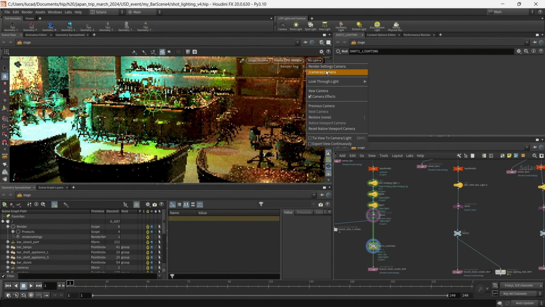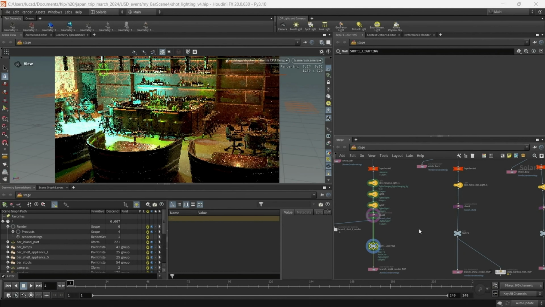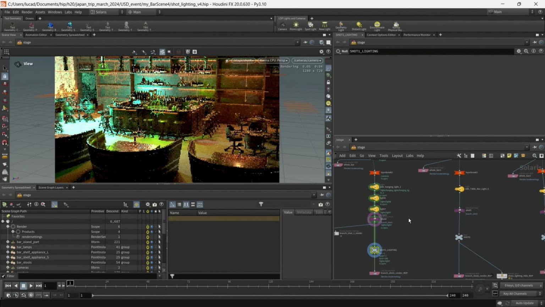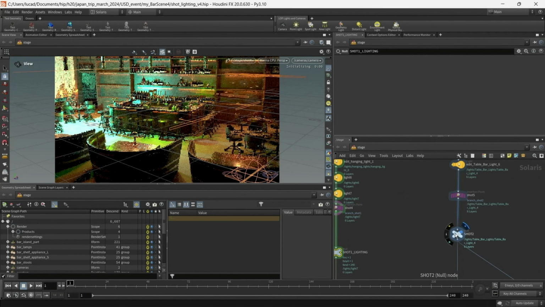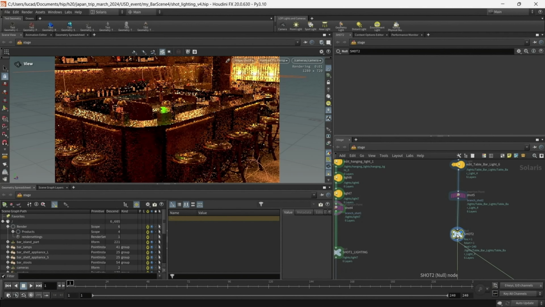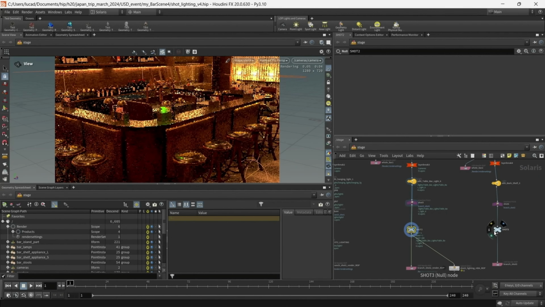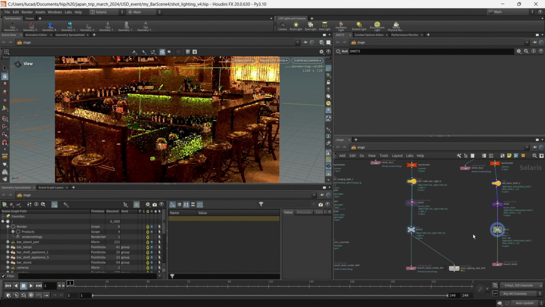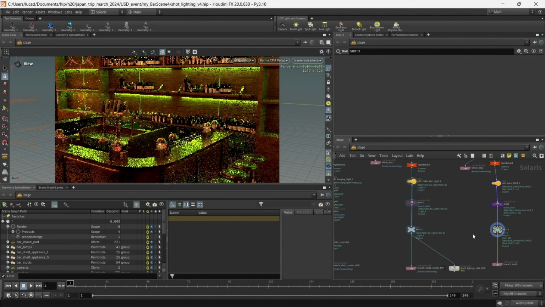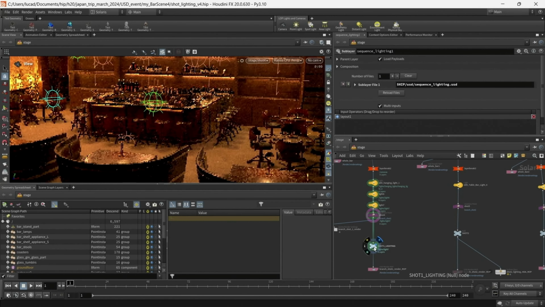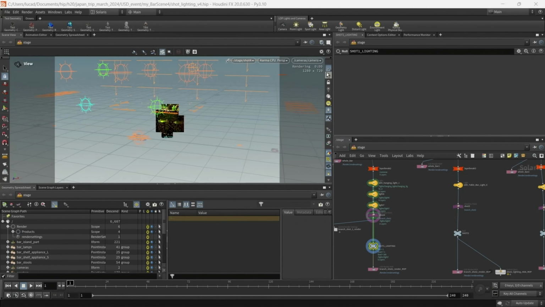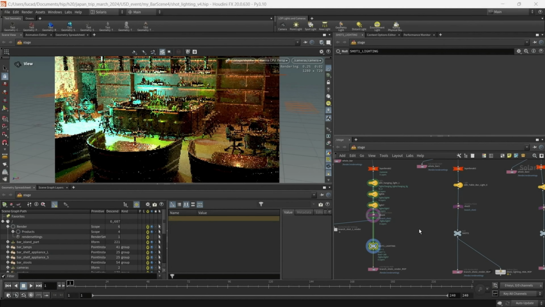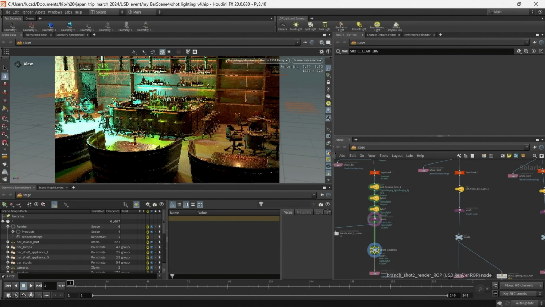So what you're seeing here is an example of a very basic multi-shot setup. In this particular case, we are lighting 3 different shots with 3 different cameras. Once again, you'll notice that the red layer break nodes are there. This ensures that only the nodes after the layer breaks will contribute to the shot lighting files.